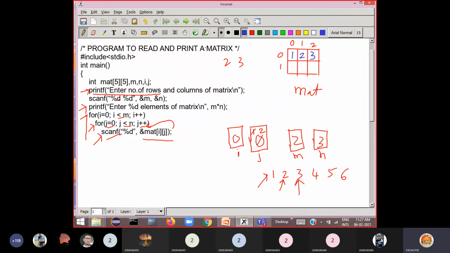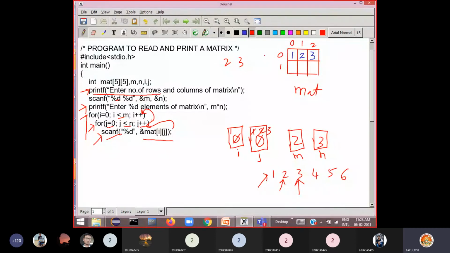Then again it goes to the increment section, j plus plus, and j value becomes 3 now. Then check the condition, 3 less than 3, false this time. So the inner loop is terminated. Control entered this inner loop from the outer loop, when the outer loop condition was true. That's why when the inner loop is terminated, control automatically goes to the outer loop increment section. This is how it executes. So i plus plus, i becomes now 1. Now try to observe here.